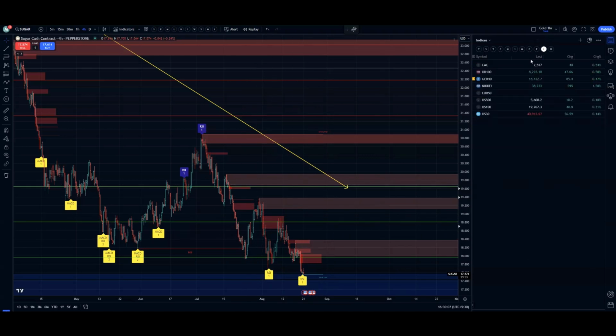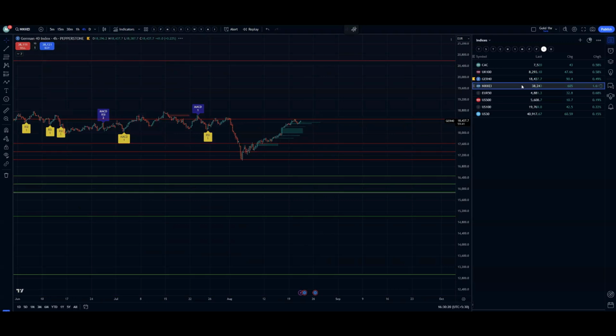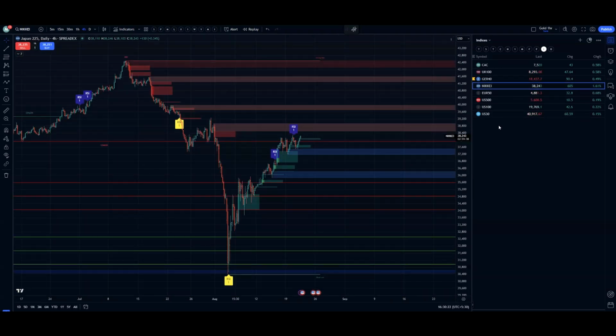Apart from these, we have the indices. Among the indices, like I mentioned, all the US indices are expected to go to the downside, and Germany's index is expected to follow them. 38,800 is a level to watch. This is something I am watching for the Nikkei. It can create some sort of downside, but yeah, that's it for the opportunities. Core opportunities. What I am